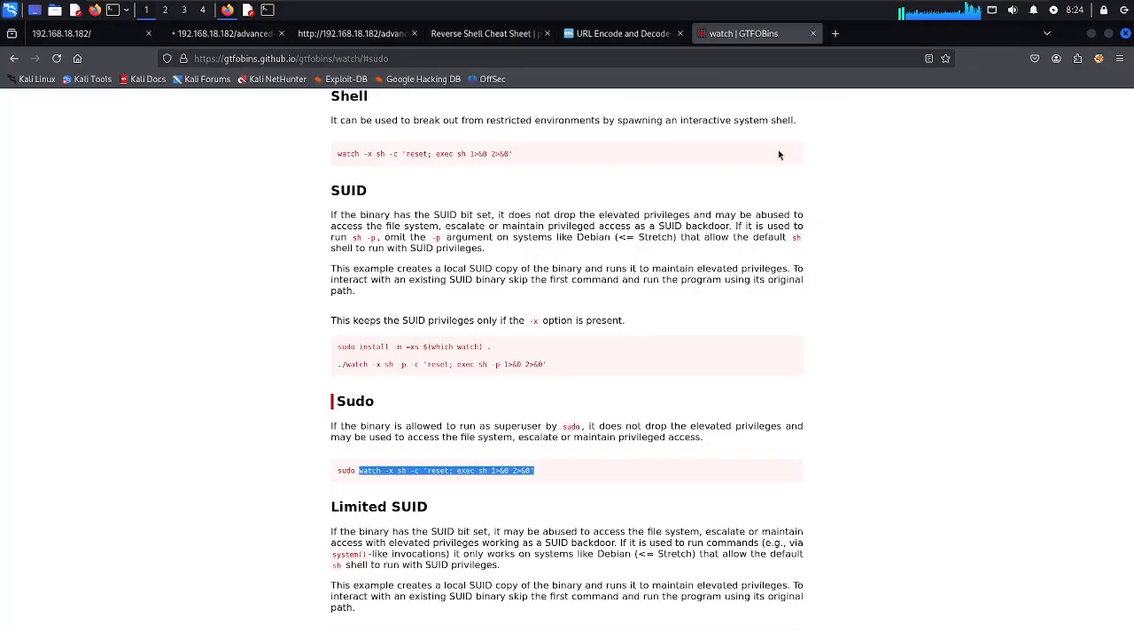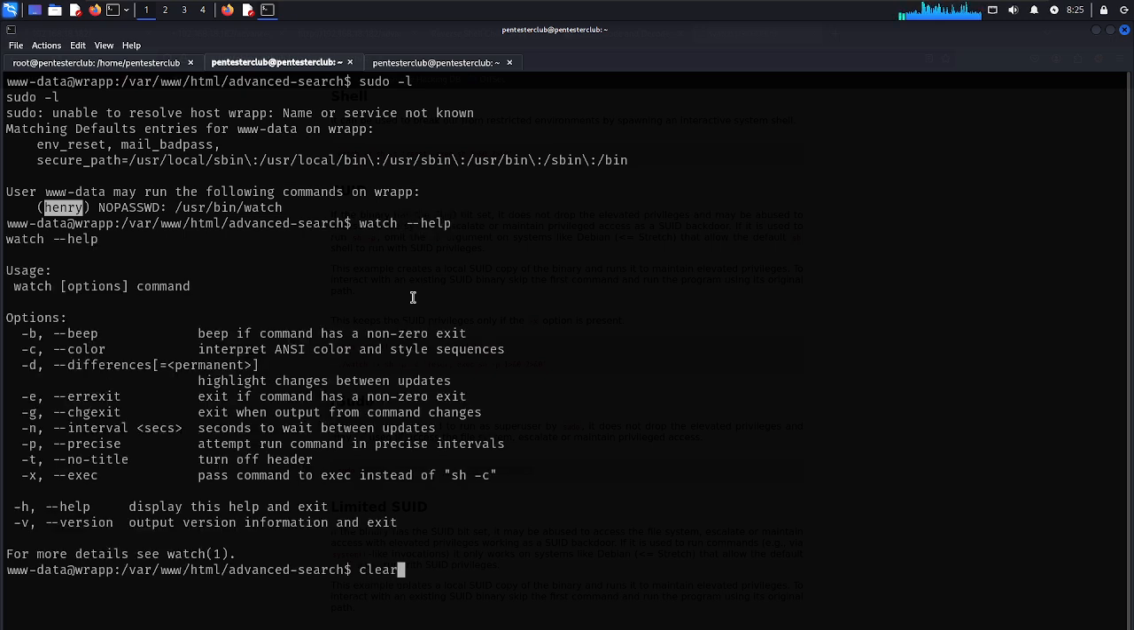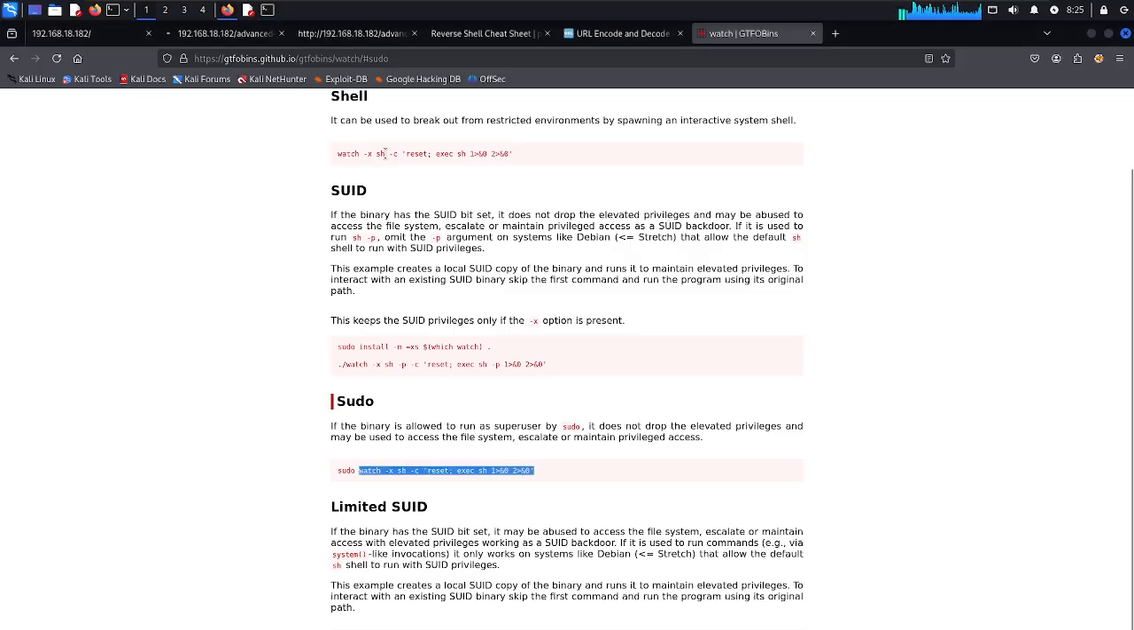The cheat sheet, okay, GTFOBins. So I think let me put here watch --help. Okay, it's working here. Now let me type here sudo -u Henry. I think we just need to get out of this one. I can try the manual: /usr/bin/watch -x bash -c